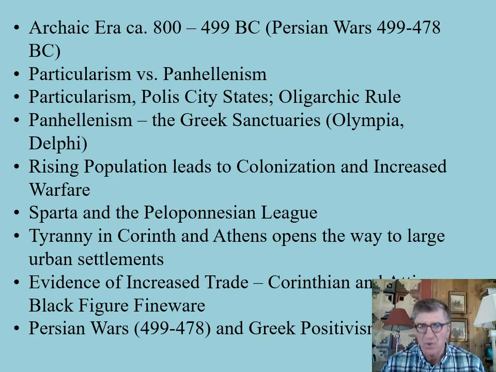It is estimated Corinth at its peak had maybe about 100,000 people. Athens, with the emergence of the Athenian Empire in the 5th century, the estimates rise as large as 400,000 people, the largest city in the Greek world, kind of an anomalous community in that regard. A juggernaut, just much larger than the next largest city, Corinth. So we're going to look at the evidence of the trade, and all of this occurred just prior to the Persian Wars. We like to say the Persian Wars marked the transition from the Archaic period to the Classical period